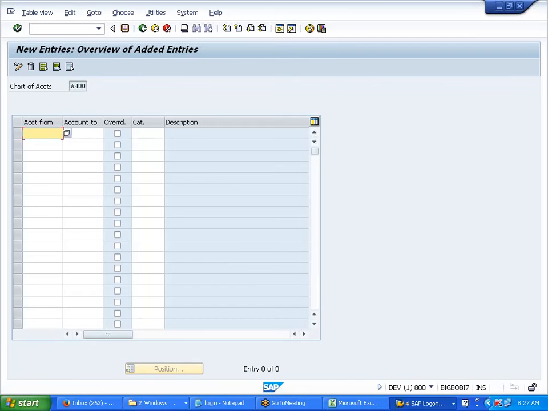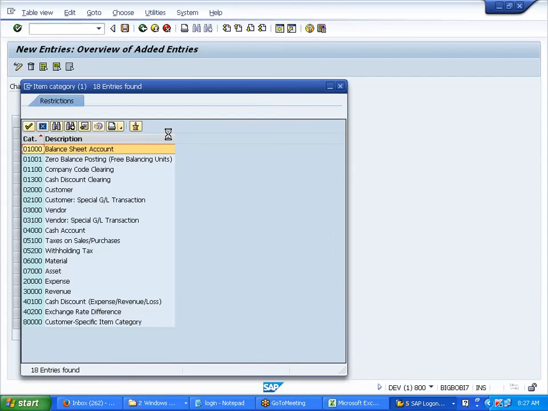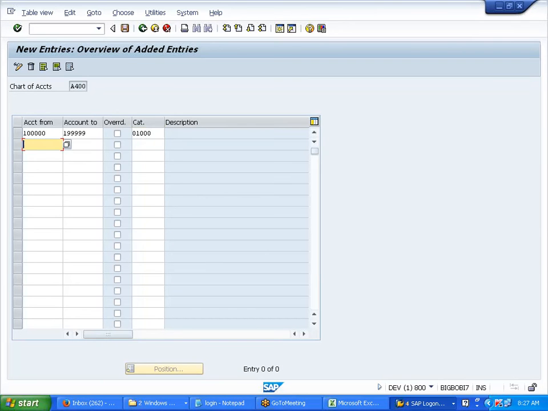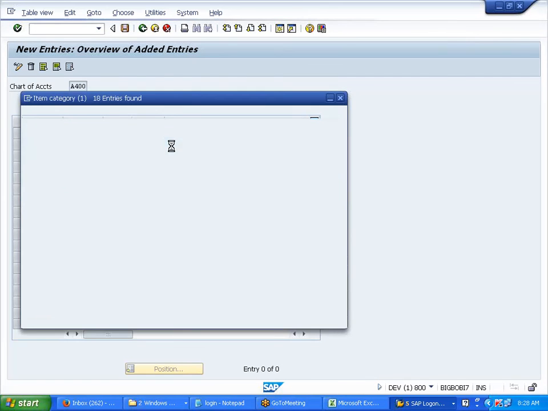Just say new entries. I'll say here one series, from account 1 to 1999. This is what? Balance sheet, right? This is 2 series, 2999. This is assets.